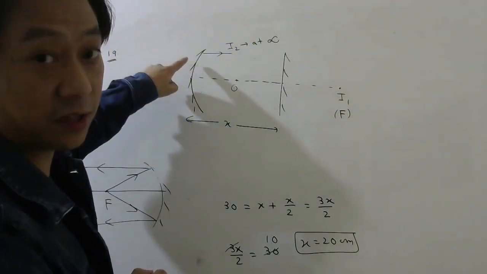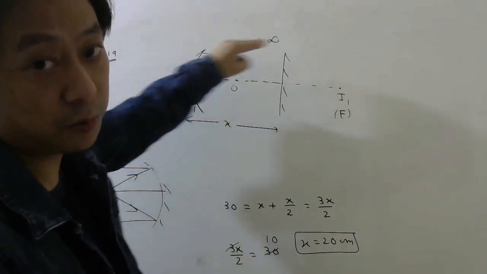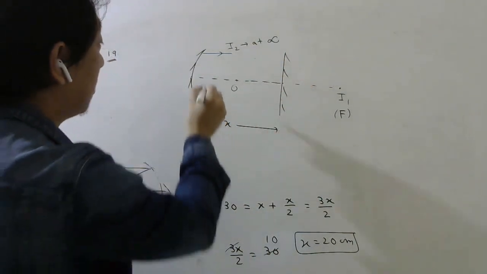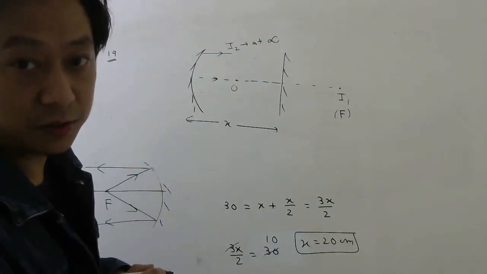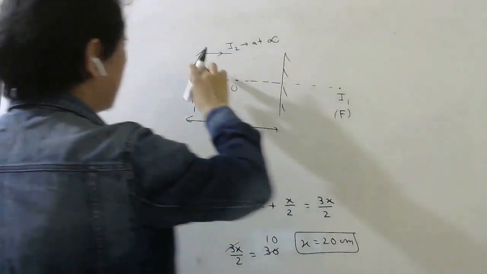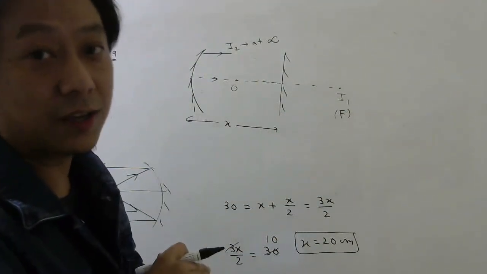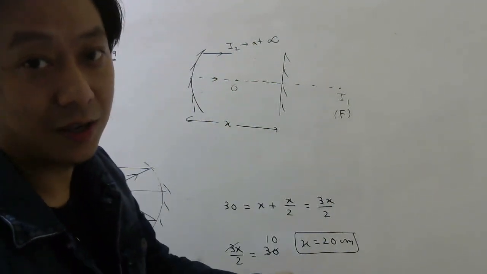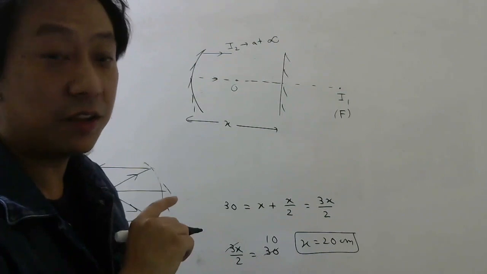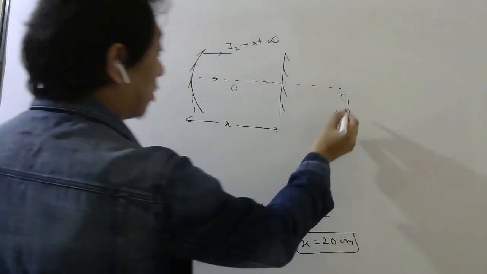Because the second image, the image made by the reflection from the spherical mirror, should be at infinity according to the problem, because the rays should go parallel to the principal axis, they told. Understood? So if the rays are going parallel, it is very clear that the image made by the spherical mirror will be at infinity. So the object for the spherical mirror must be at the focus. And who will be that object? The image made by the first event. Which was the first event? Reflection from the plane mirror. Correct or not? So this must be at the focus.